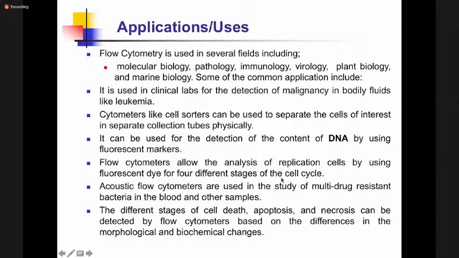So flow cytometers also allow the analysis of replication of cells, and this you can do by using dye for different stages of the cell cycle. You know, the stages of a cell cycle. You have got the G1, then we go to